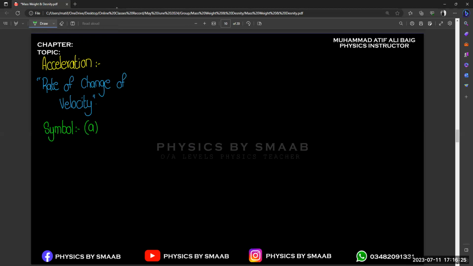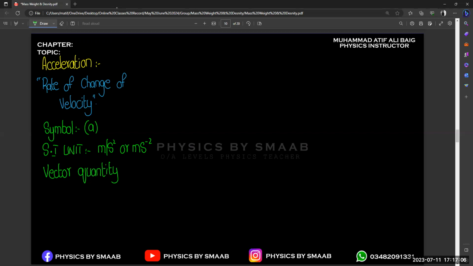And the next thing is related to SI unit. Meter per second square. Yes, meter per second square, because velocity already has the unit meter per second, and there is again a concept of time rate. So again there are two times the seconds included, so that's why we use meter per second square, or m s^-2. And again acceleration is a vector quantity because direction is already included in velocity.